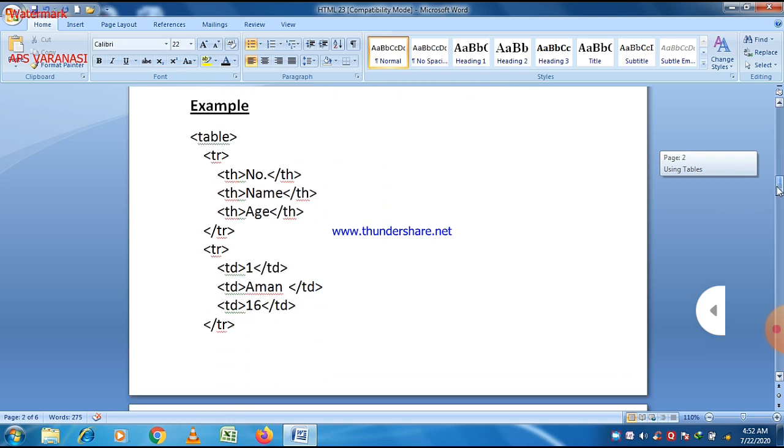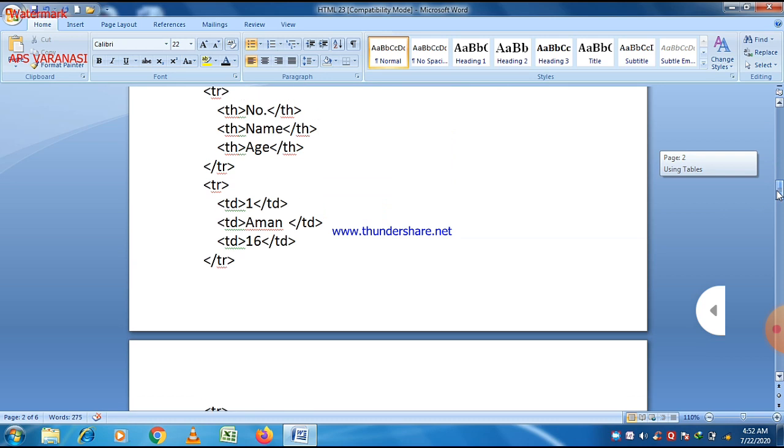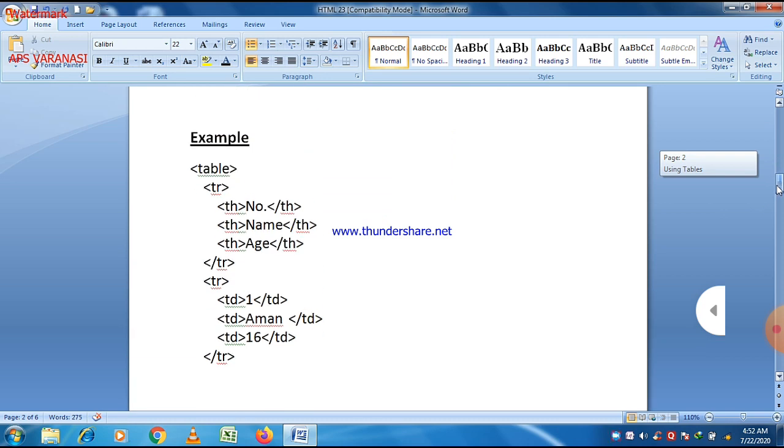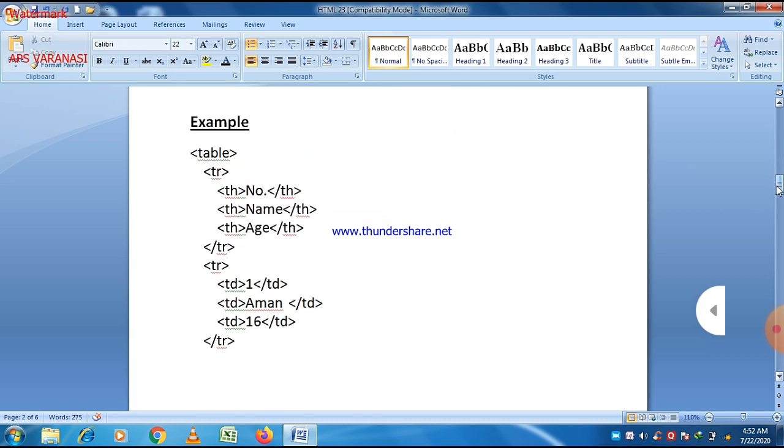So here is the smallest example to show how to create a table in HTML. As you can see, the name of the tag is the table tag. First of all, if you want to define a table in HTML, just write table. Then the tr tag.